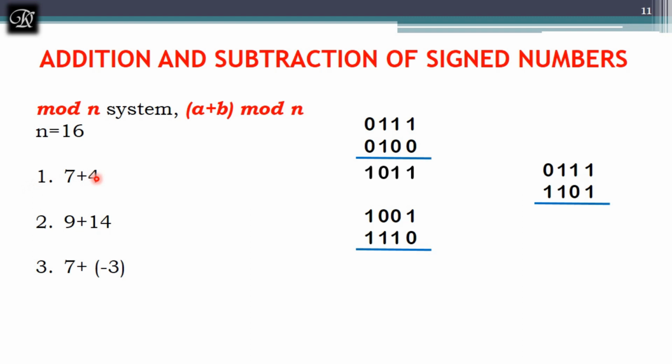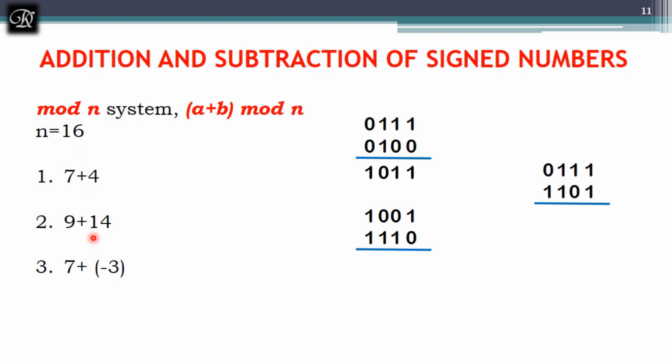Actually, what is the value if you add 7 plus 4? It is 11. Let's see, have we got 11? This is 1, this is 2 if I am converting to decimal, this is 4 is 0, and this is 8. 8 plus 2 plus 1 is 11. Yes, we got a correct answer. And see whether I crossed the n value, whether I am within the n value or did I cross. So 11 is lesser than 16, so the answer remains the same.